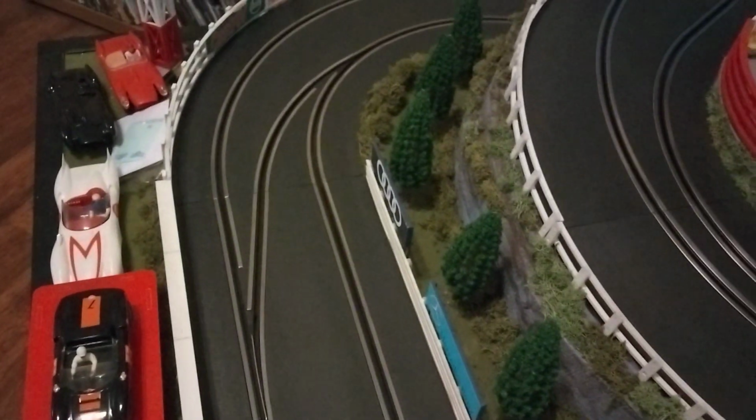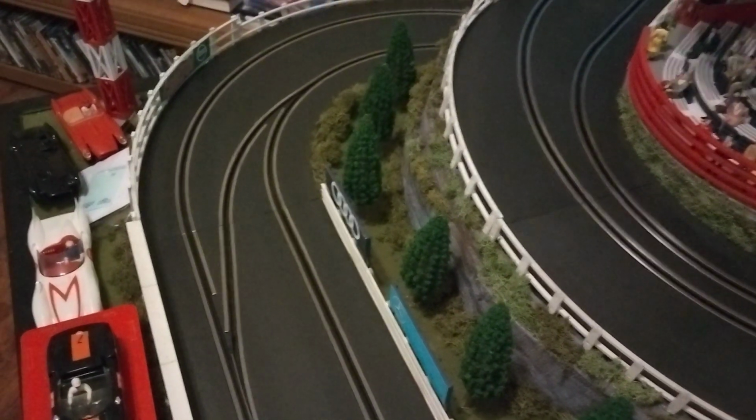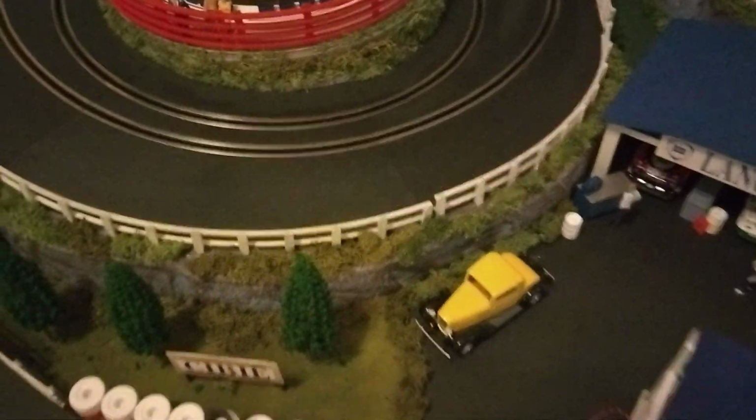I don't suggest you do it anywhere near these turnouts, these lane changers. If you do, be very, very careful. If you mess up, well, you got to buy a new one, don't you? But for areas like this hairpin, that would be really interesting to put that type of texture, like an old Italian cobblestone or flagstone road right in front of the bleachers, the hairpin turn bleachers. That would look really beautiful. That would add a lot of detail to the track. But for right now,